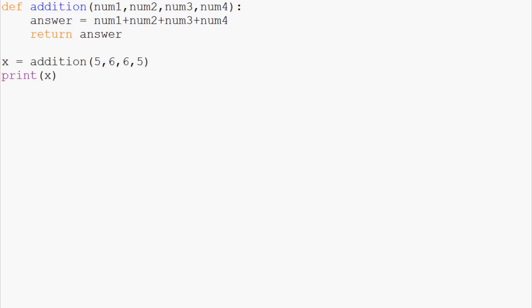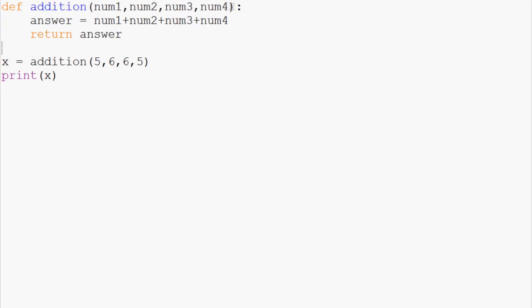So you have default buttons, default text, font, size, colors, everything. They have some sort of default, and then later on, if you choose to, you can change it, right? And so here, for example, we've got num1, num2, num3, num4,